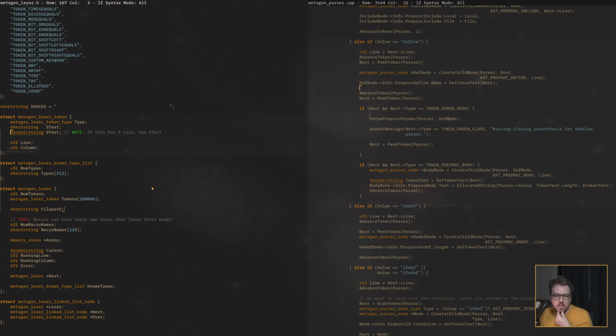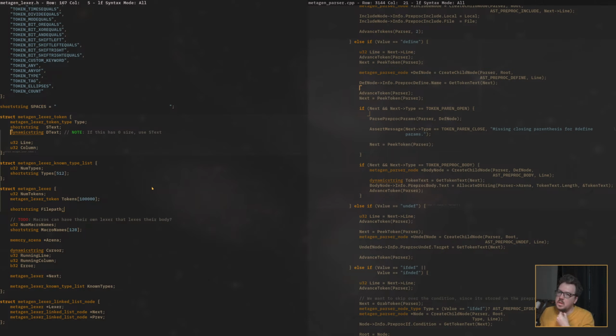Is there a need to store the tokens? Can you not store the current tokens? So there are two ways that I've seen people write these parsers. One is you just eat the tokens as you go, use it, and then you don't need to store it anymore. I'm storing the tokens in the lexer, and that's because I have multiple places in the parser where it wants to go backwards and forwards.